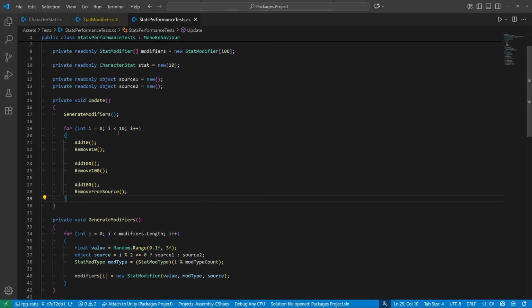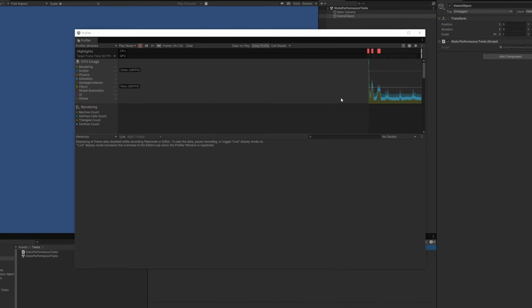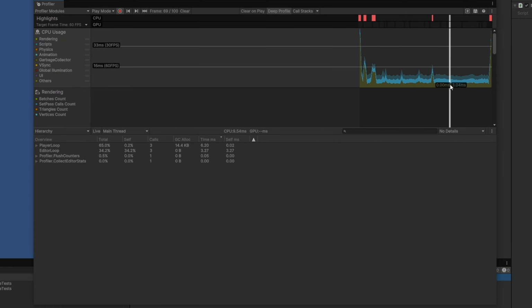And we also repeat everything 10 times each frame, just to make sure that everything is very much visible on the profiler, and so that we also simulate essentially adding and removing modifiers from, let's say, 10 different entities in your game. So we have our performance script attached to a game object in our scene. So if we press play now, we can see